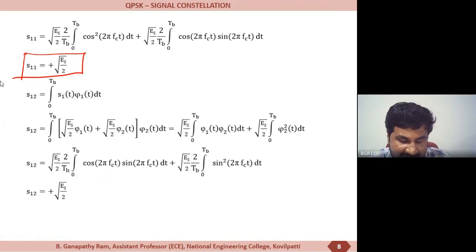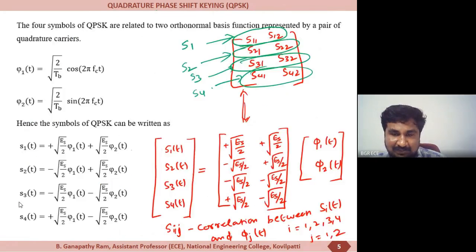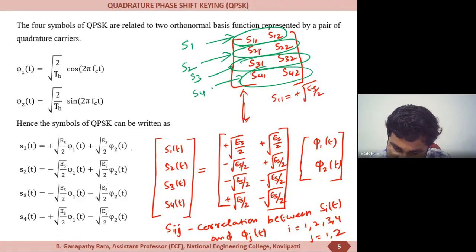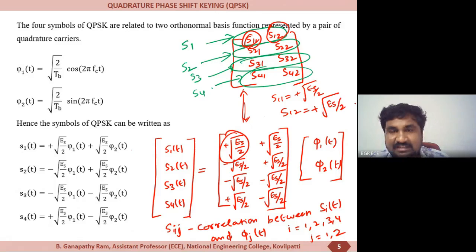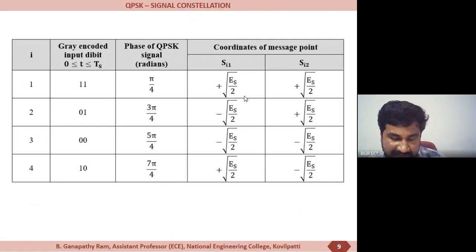Similarly, if we calculate S12, which is representing plus square root of Es by 2, which we have already described here. S11 is equal to plus square root of Es by 2 by comparing these two. Similarly, S12 is represented by plus square root of Es by 2. In this way, we can represent all the message vectors and all the message points in the signal constellation graph, which can be represented by,